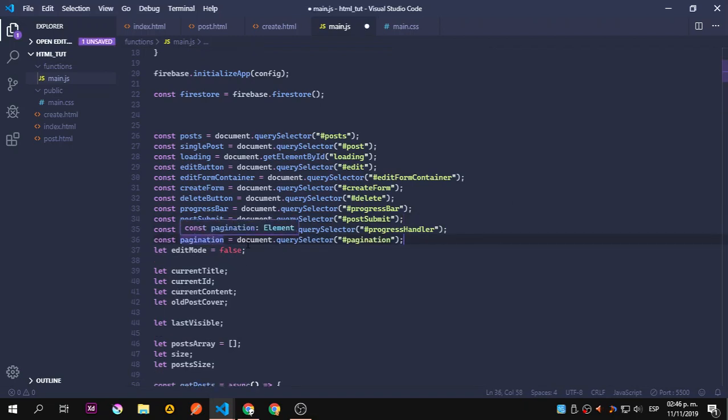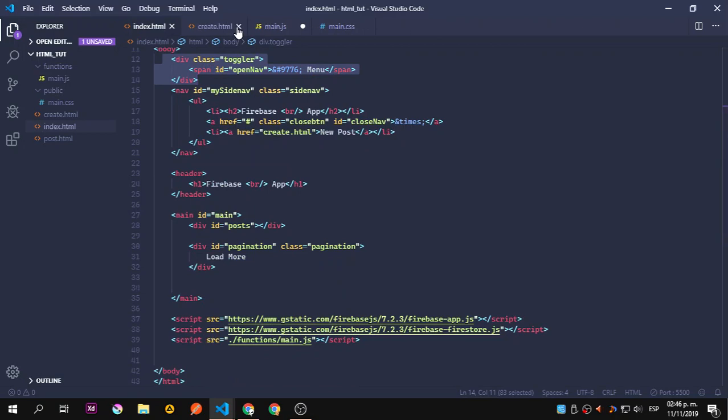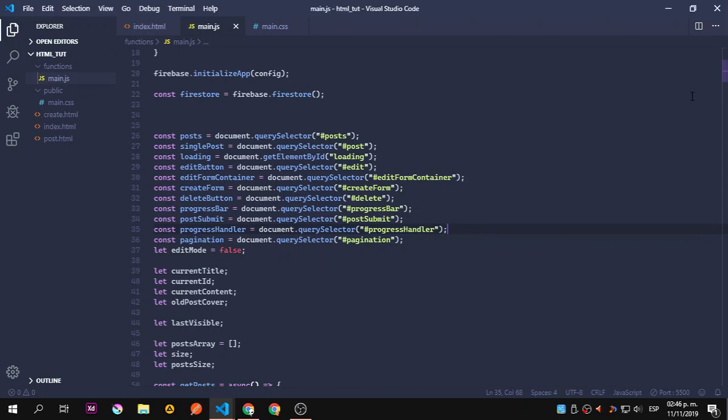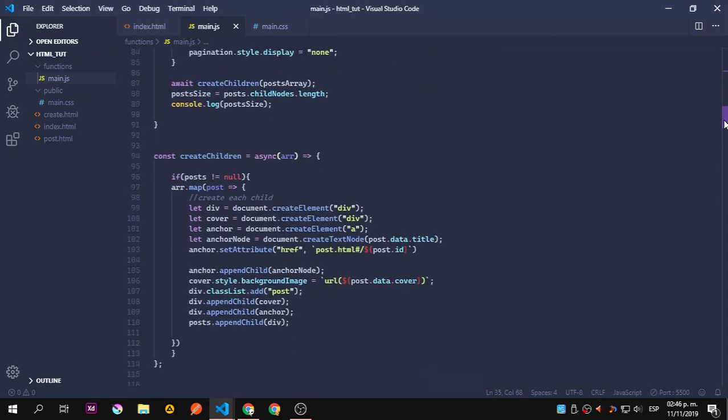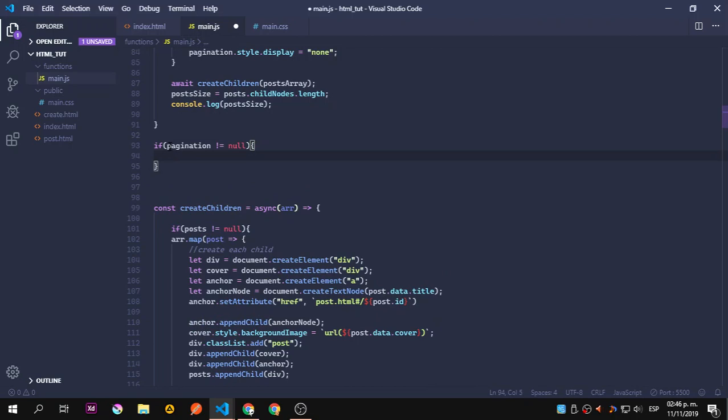Const pagination is equal to document.querySelector for the ID pagination. So let me just close these two. That is this div with ID pagination. So let's save that. And we need to check below this one. Let's add it below this one: if the pagination is set, so if pagination is not equal to null, then